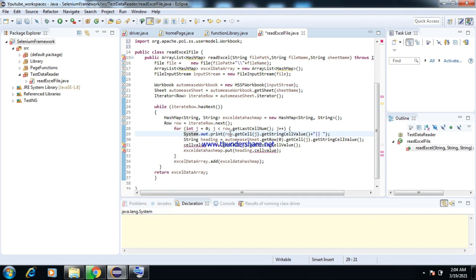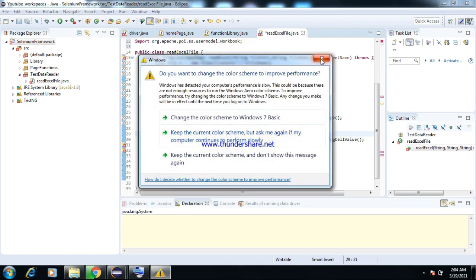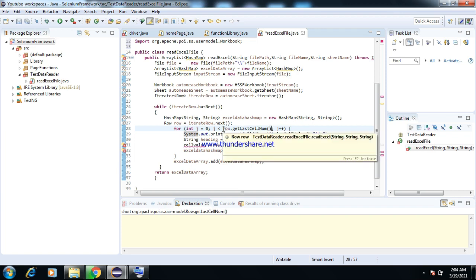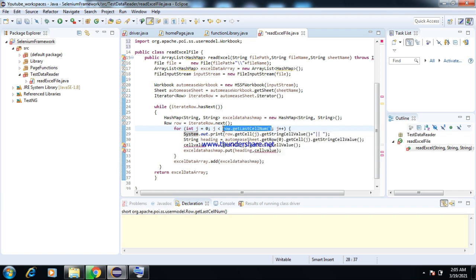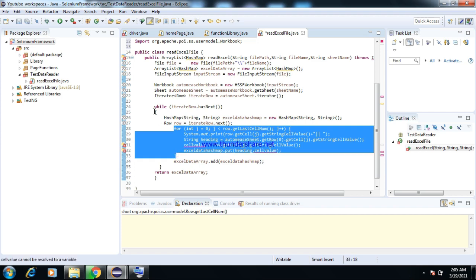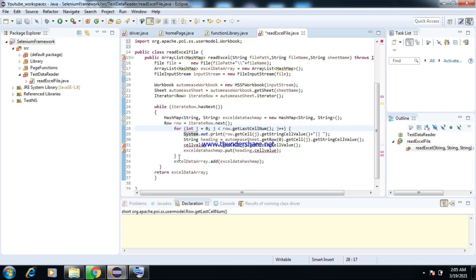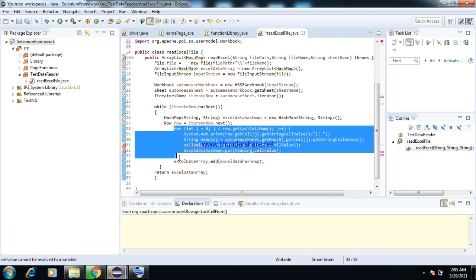Let's say it will run 5 times. For a particular row, there are 5 rows and 4 columns. So this is going to run for each row and each column. Till the last column this for loop is going to run. So this runs for all the rows and this runs for all the columns that are available in the Excel.